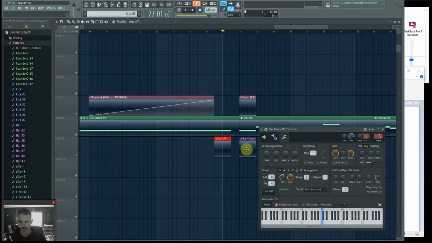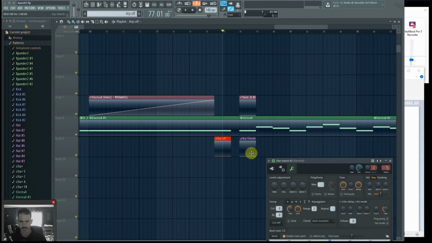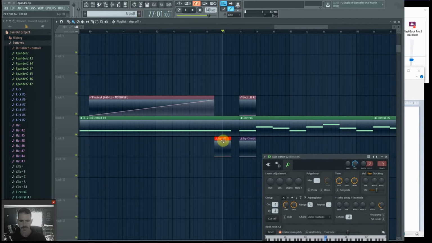I made already a pattern clip, and with the event editor, you make a pattern clip like you do for other instruments that you're using, and name it whatever you want it to do. In this case, I want this pattern clip to be arp off, and it can just be a beat long. It doesn't matter. It's a switch, right? And then to get into the event editor, double click on it,